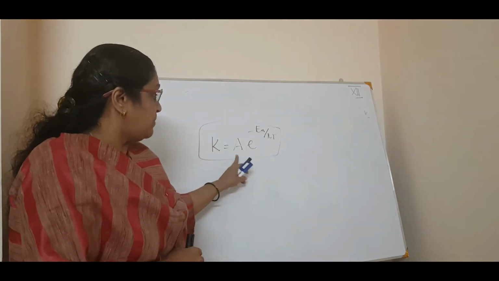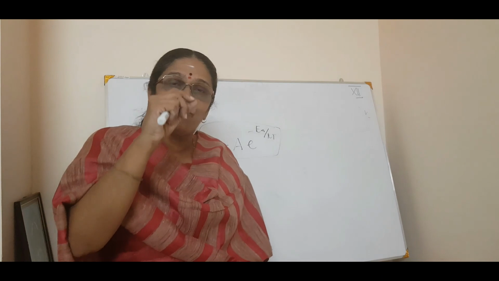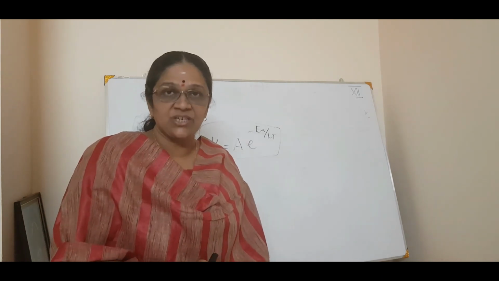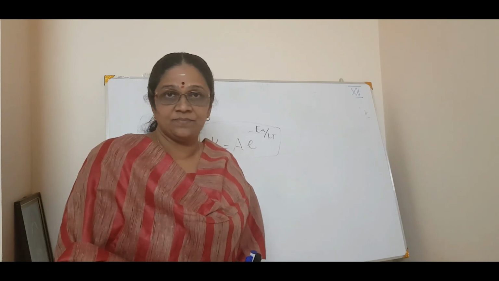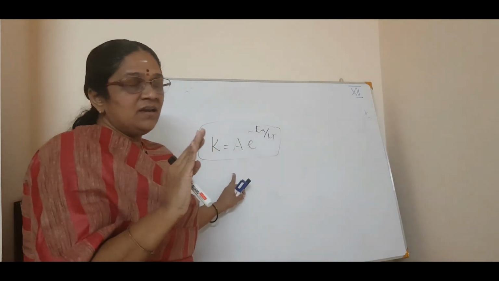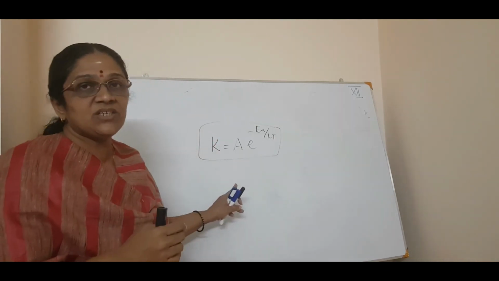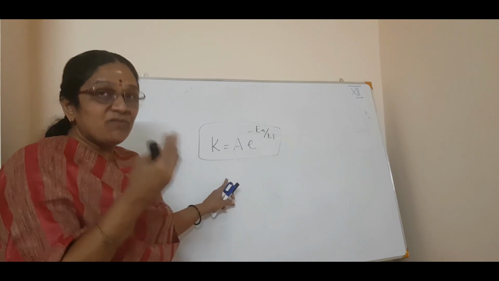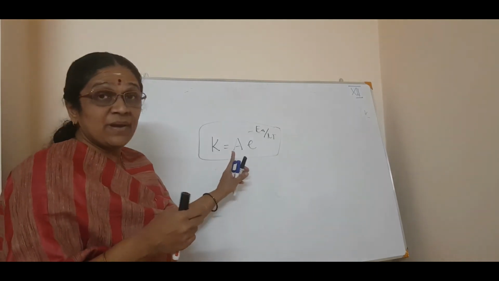Then came the famous Arrhenius equation where A is the Arrhenius constant. So it states that for every 10-degree rise in temperature, the rate of reaction gets doubled. Okay, so just for your information I am telling you that this is the Arrhenius equation. If somebody asks you what is the Arrhenius equation, in 12th standard you have to know that. That's why I am telling you. Okay, so that's about the temperature dependence.